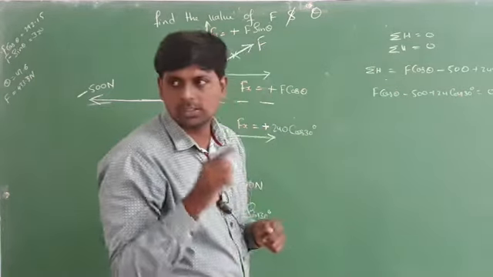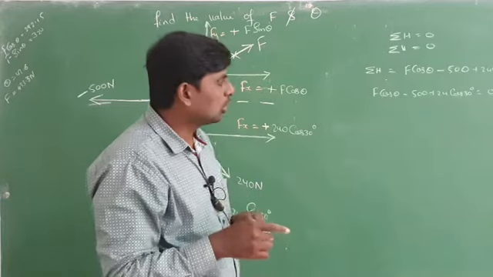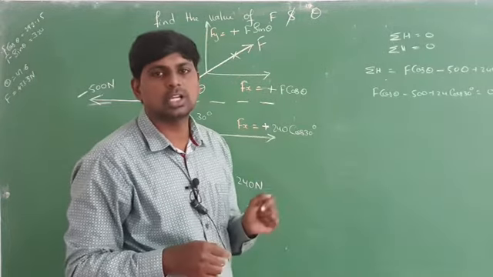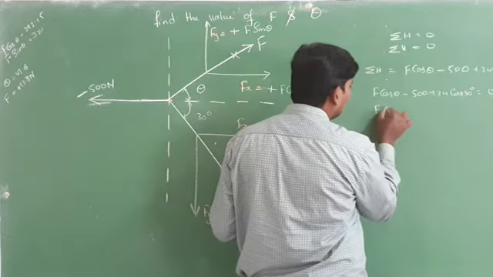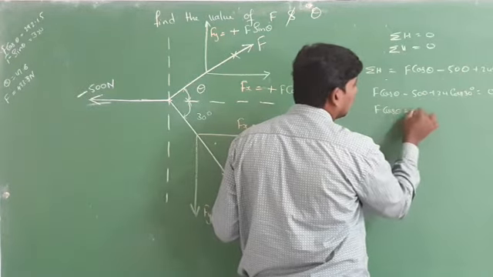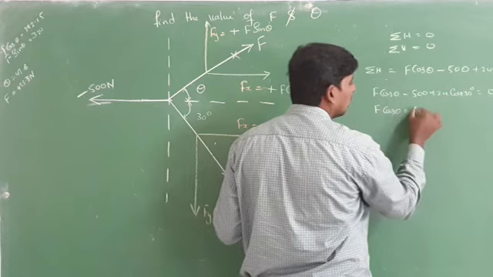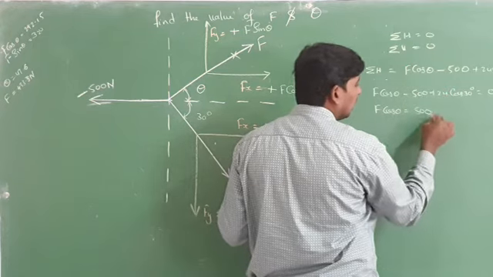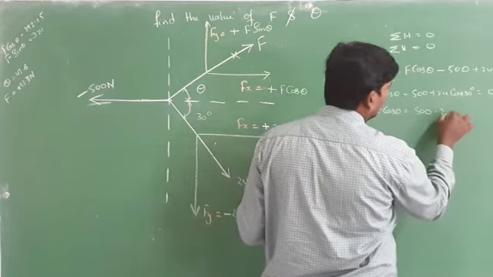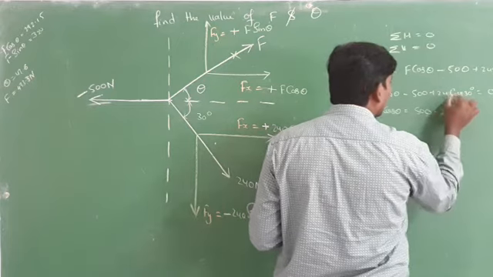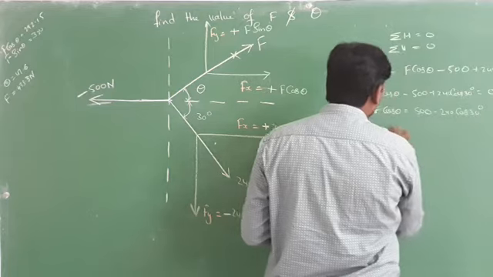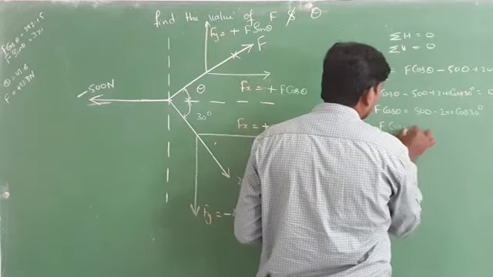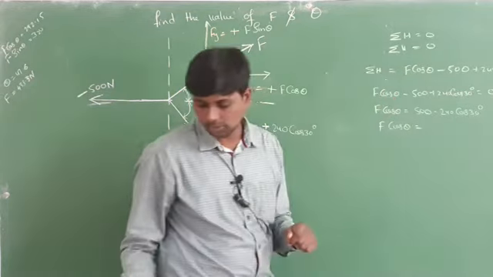Why am I considering the sum of horizontal as 0? Because there is one unknown force here. So F cos theta is equal to, if I shift this to the other side, plus 500, and this is minus 240 cos 30. Then F cos theta is equal to, with the help of the calculator, if you solve this one,